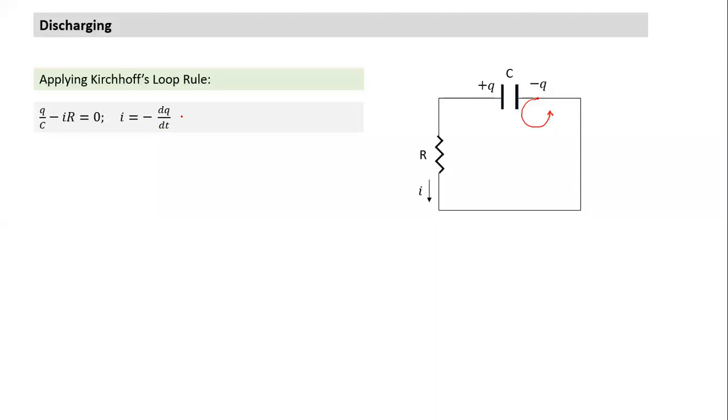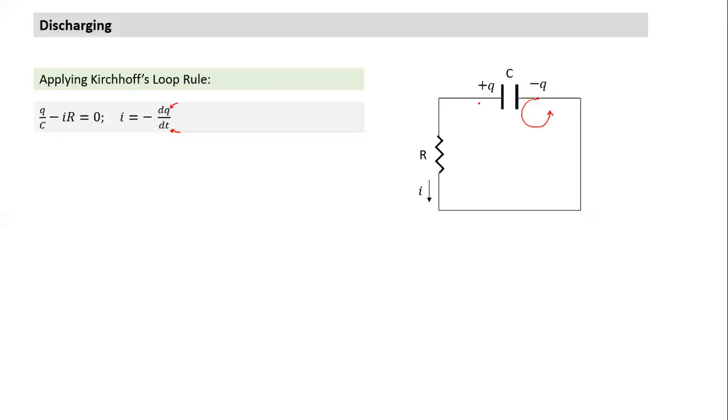Again in the evening today, maybe I will spend a little time explaining what I mean by differential equation. In this case, this is a differential equation. It relates a small change in two quantities. Which two quantities are related here? Charge, and time: a small change in charge in a small time interval dt. If both changes are in the same direction, the sign is positive. If they are in opposite directions, the sign is negative. So whenever these two quantities are related, the sign depends on how the two changes are related. As time is increasing, charge is decreasing. They are in opposite directions, that's why the minus sign.